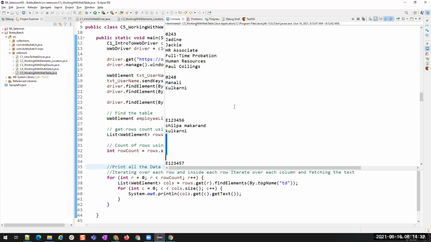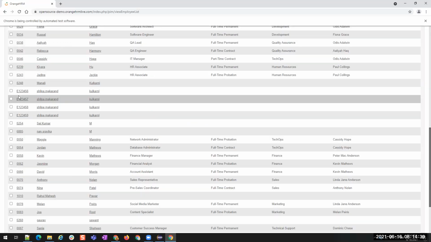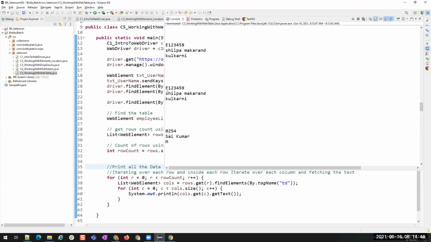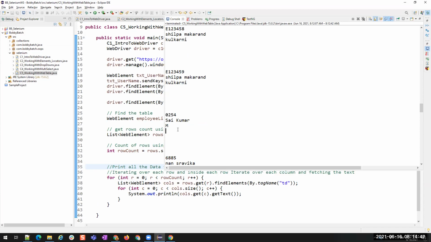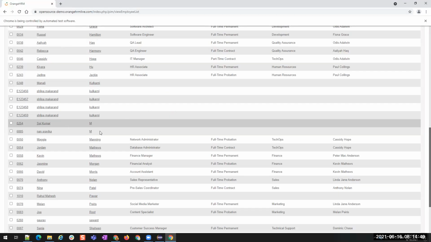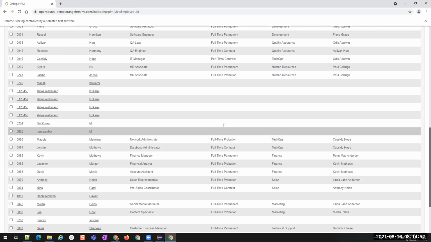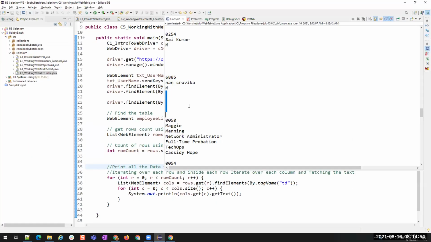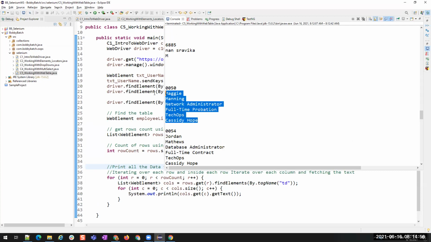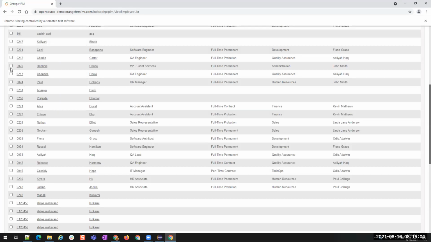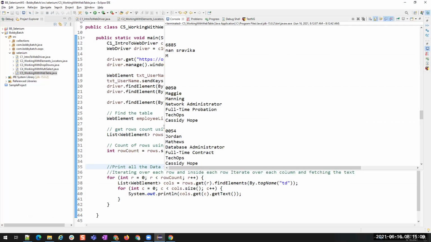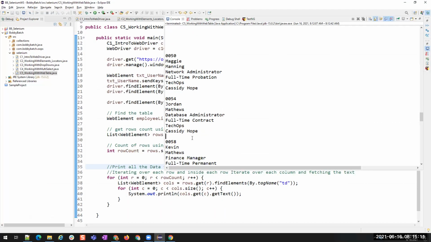And here also the same. 0254 Sai Kumar M also doesn't have any data, and 6885 also doesn't have any data. Blanks. But this has the data, it is printing that data. And then why is there this empty space after each row? Because in the beginning of the row, we have a checkbox. Do we have any text inside this checkbox? No, right? That is why you see this gap in between each row. Understood?